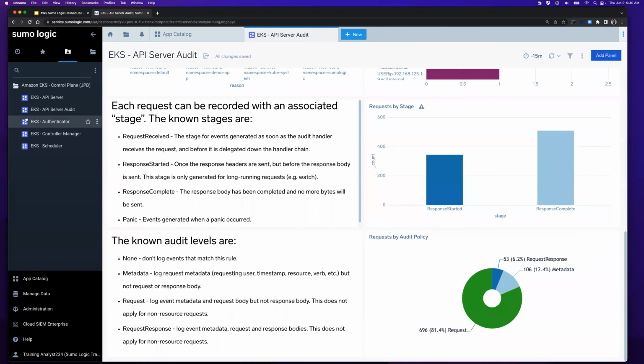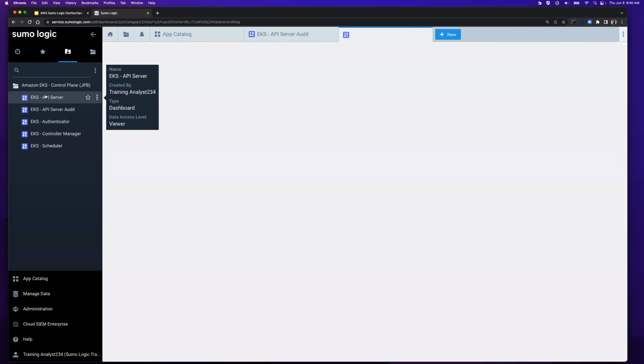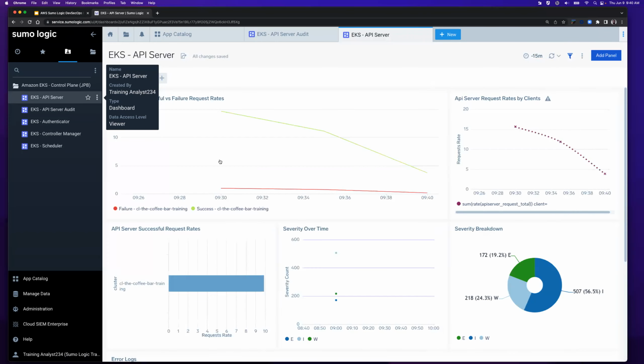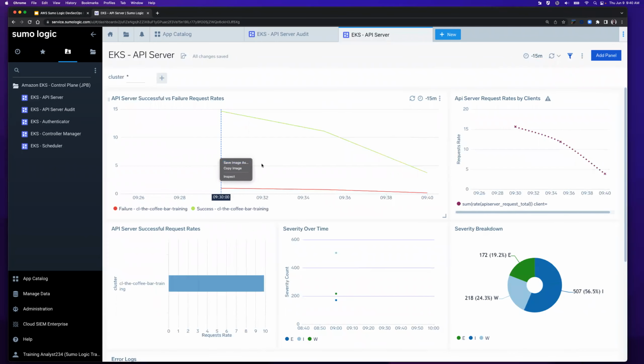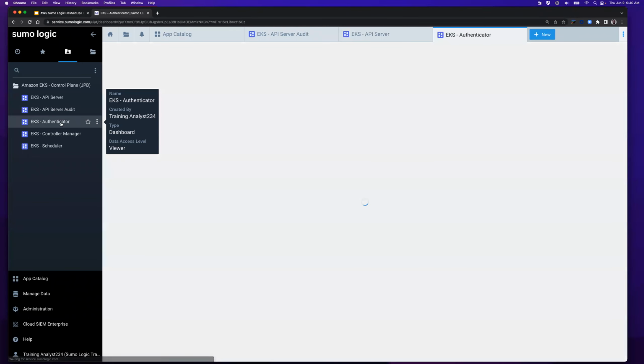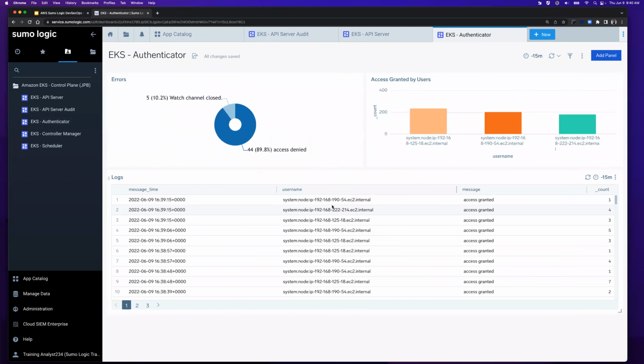Now, as mentioned, there are the other panels. If you want to go ahead and click on them, there aren't really lab exercises around them, but it just continues the idea of, here's your information. Here I'm seeing API servers, successful versus failed requests. In this diagram, it's showing me a decrease in successful requests. Well, the fails are pretty level, so maybe that's just downtime for our service. Let's see, anything else in here to point out? They're all pretty cool in their own way. I don't know, cool is the right word, but helpful is the right word.